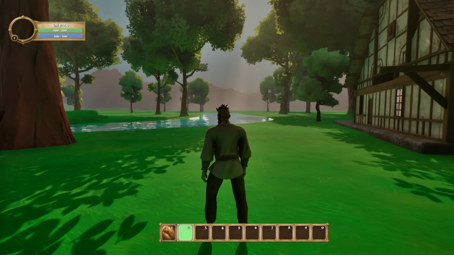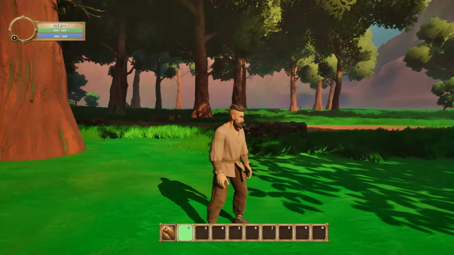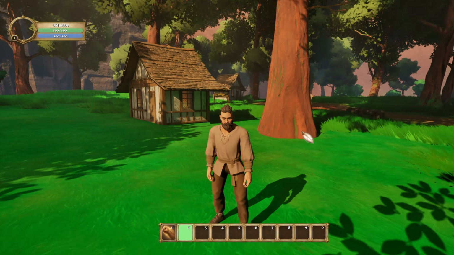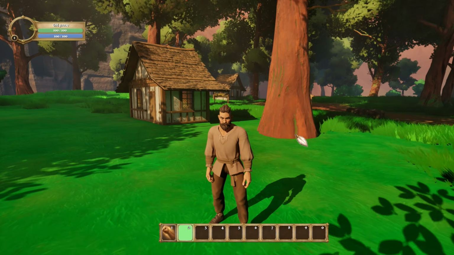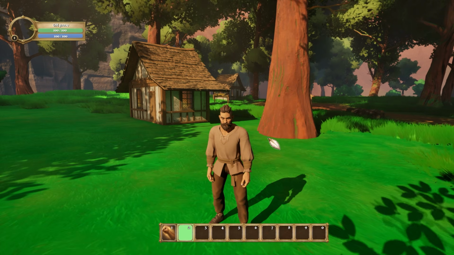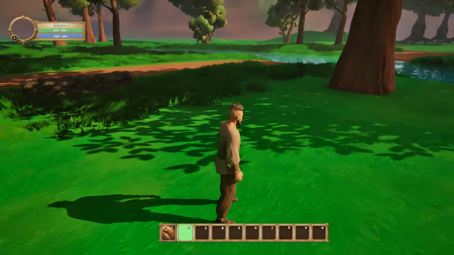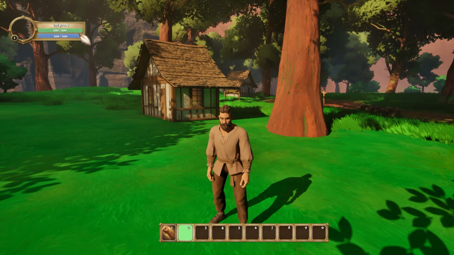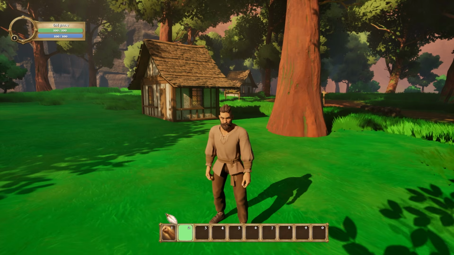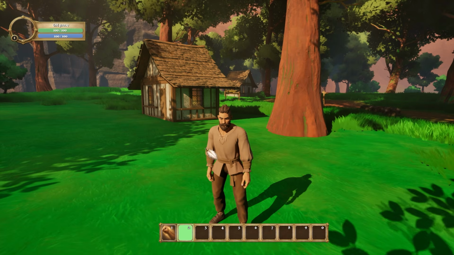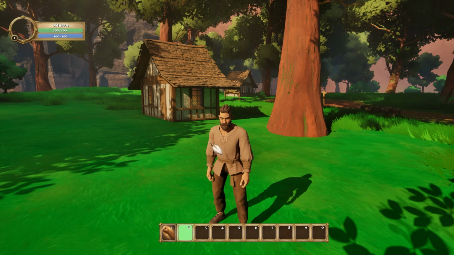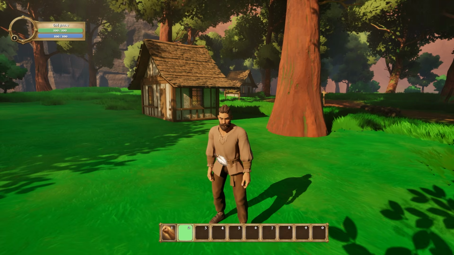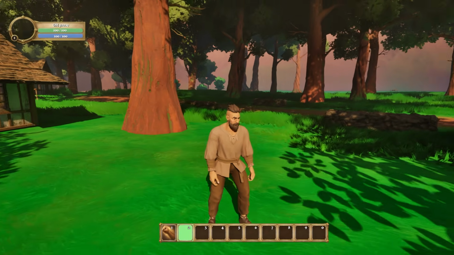As you could probably tell, a lot of things are looking different from the last devlog that we did. The first noticeable thing is the UI. I've been doing a lot of UI work this past week, and you can see we have our player frame up there on the top left with some placeholders right now. We also have a new action bar, and I'll show you a little more in depth how those work. But that was definitely one of the main focuses this week, getting some of the UI things